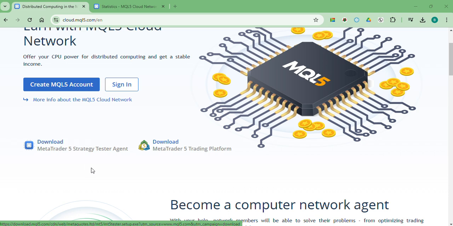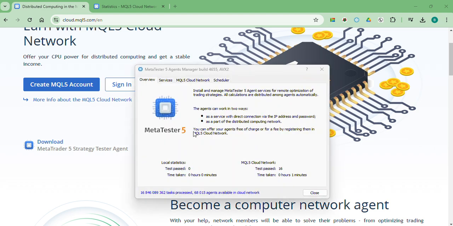To start making money using MetaTester 5, you can simply run the application. Let me quickly open my app here. This will pop up actually, and because I've already run my application, I'll just show you what you'll be looking at. And when you are done setting up the app, you can just log in with your MQL5 community credentials to start